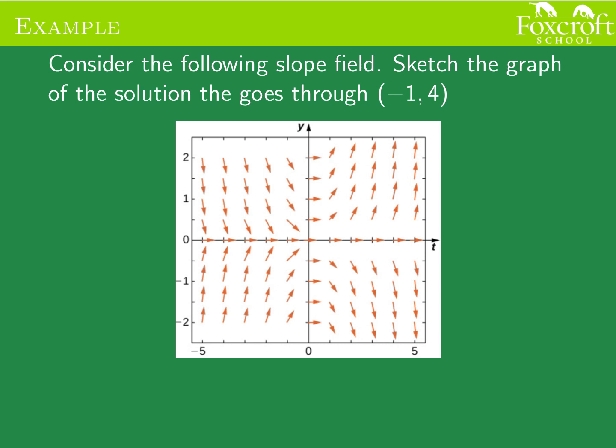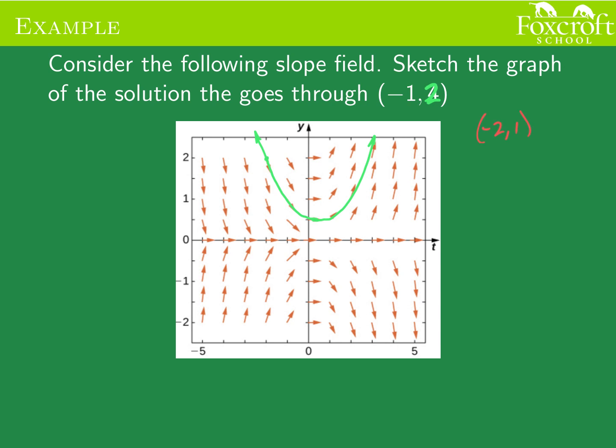Oh, it should be (-1, 2), because again there are half increments instead of 1 increment. So (-1, 2) would be there, and then we just follow the slope. The slope's there, going to lead me that way, and then probably level off there, and come back around and go up. I'm just following the pattern of the slope fields, following the arrows until I get to another arrow and using that new slope, using the general direction of the arrows to get a solution. So that would be the most likely picture if I was looking for the answer that goes to the point (-1, 2). What about the point, say,